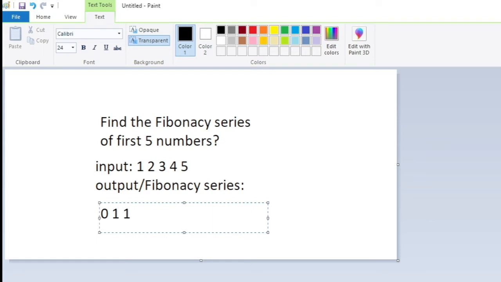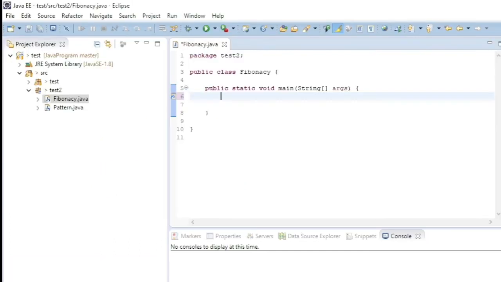The Fibonacci series will start from 0, then 1, then 1, again 2, because the Fibonacci series is nothing but the addition of the two previous numbers is the next number, right? So I told you, the addition of the two previous numbers is the next number. 0, 1, 0 plus 1 is equal to 1, then 1 plus 1 equal to 2, then 1 plus 2 equal to 3, then 2 plus 3 is equal to 5, then 3 plus 5 is equal to 8, then 8 plus 5 is equal to 13. 13 is the last number in the Fibonacci series, right? So this would be the output we'll get.